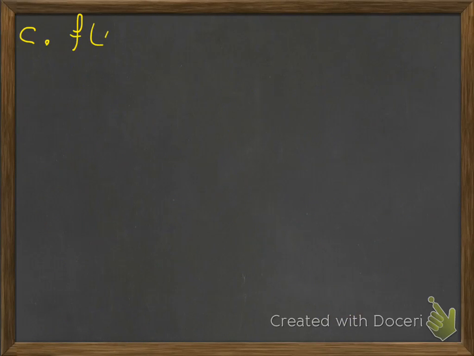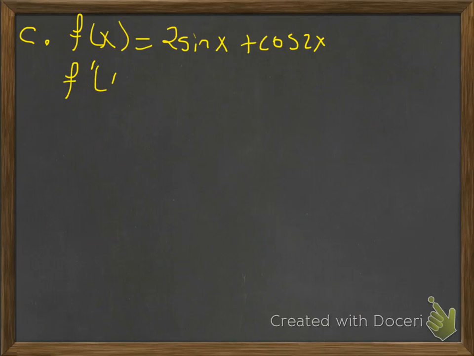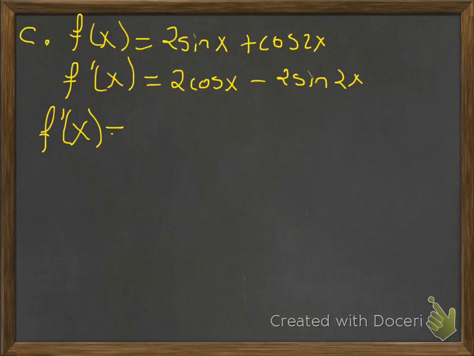Okay. So I thought we'd do one more exciting one for the end here. So we're going to do 2 sine x plus cosine of 2x. And of course, we'll take the derivative. So it'll be 2 cosine x minus, and then because of the chain rule, we're going to have that 2 out in front, because when I take the derivative of the inside piece, I'm going to get an extra 2 there. Derivative of cosine is sine with the inside of 2x times the derivative of 2x. Okay. And since we're setting it equal to 0, we can divide both sides of the equation by 2,